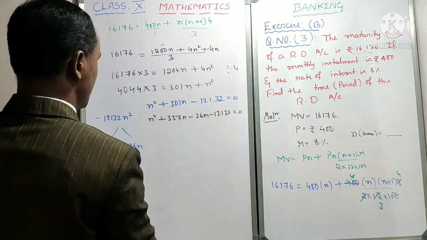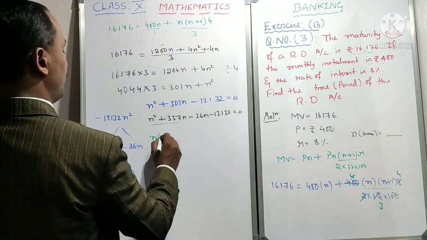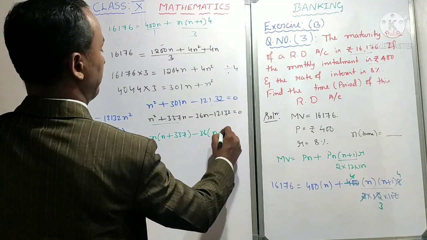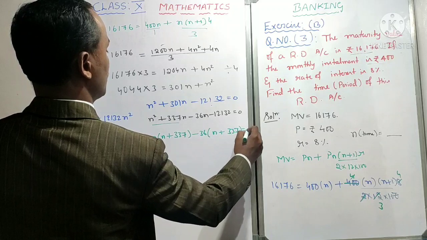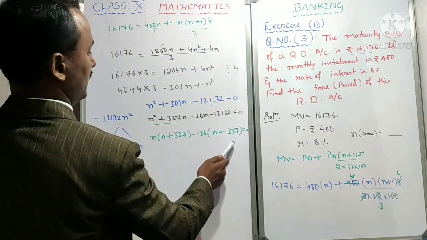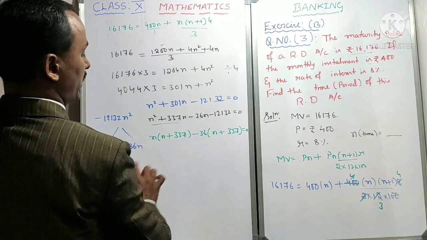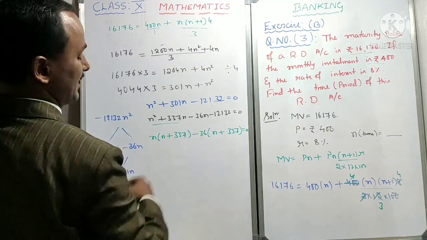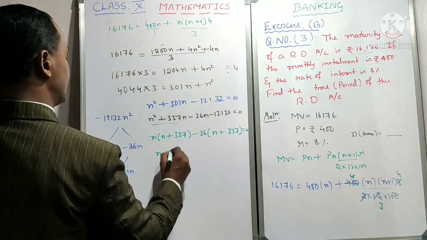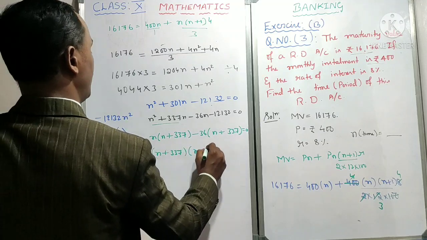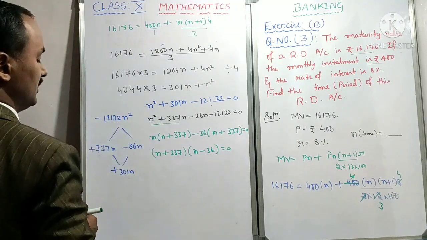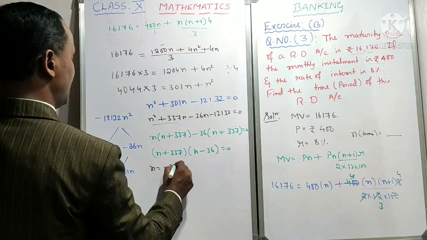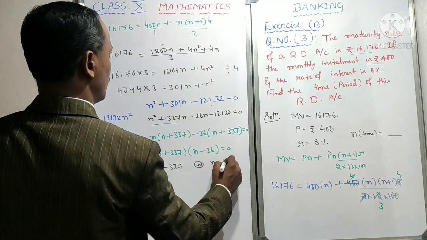Now grouping the two terms. These two terms grouping, n is common factor, n plus 337. These two, minus 36 common factor, n plus 337 is equal to 0. How I wrote this one 337 directly means, inside the bracket, that term is same as it is. Here minus 36 is there. You should take common factor, you will get plus n. Now n plus 337 common factor, remaining n minus 36 is equal to 0. Now these two binomials separately equated to 0. N is equal to minus 337 or n is equal to plus 36.